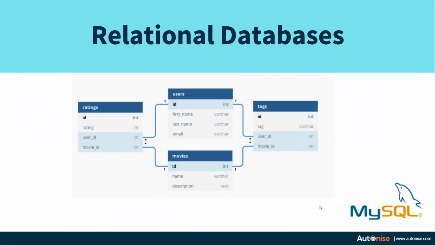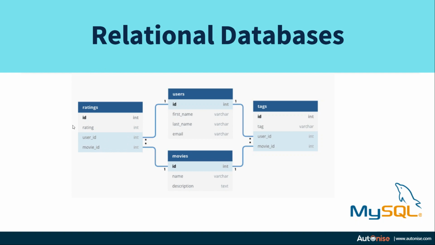In a table-based database, as the name also suggests, the data is stored in tables. So you have a table which has a table name. It will have a lot of columns which correspond to different key values. Like you'll have a column corresponding to the ID, rating, user ID, movie ID, and so on. And then for each column, you have one row which corresponds to one entry in your table. So your entire table can have multiple entries. On each row, there is a new entry having all the attributes like the ID, rating, user ID, and movie ID.